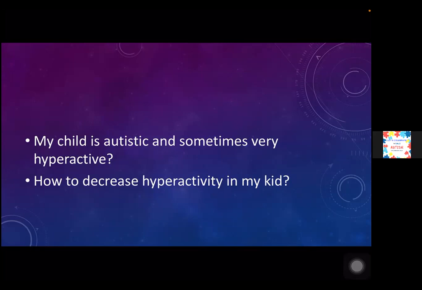There are medicines. There are a few pharmacological medications available which can be used. I'm not saying to be used in every child. If the behavioral therapy is executed properly, and as you said, you are doing it at home and it has been going on for many years, and despite that the hyperactivity is not getting controlled, in that case we can think of pharmacological medicines like methylphenidate and atomoxetine, which may provide help in children with ADHD.